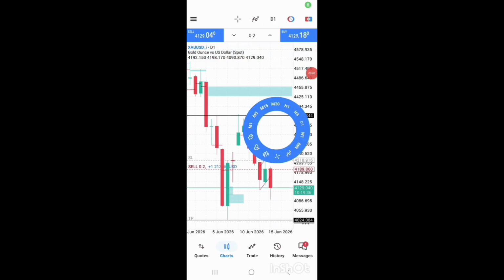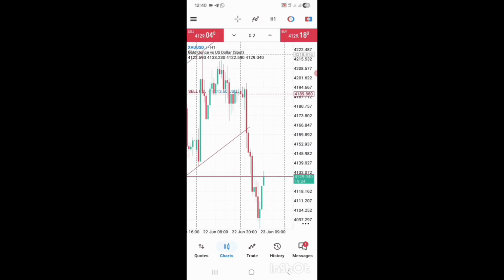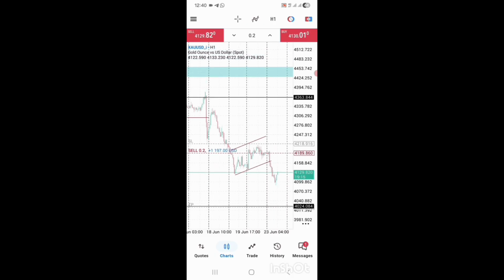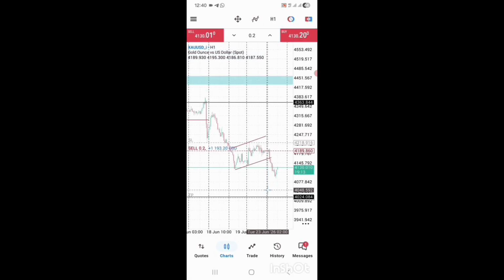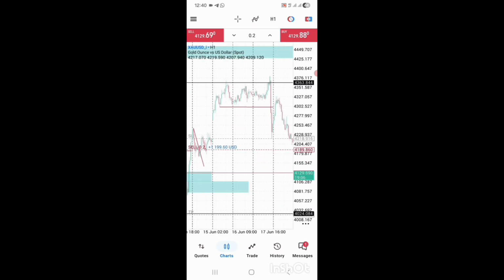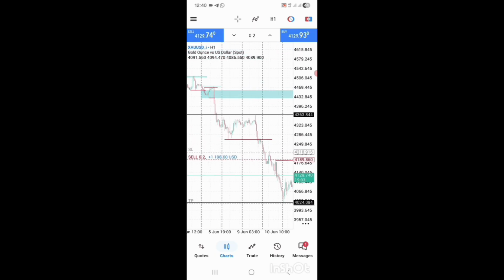Okay guys, it turns out that what I said yesterday was right. I was afraid to keep holding those buys because it kept making lower lows. Turns out I was correct and I am in profit with that sell. If I had taken profit somewhere here, it could have been okay, but I decided to wait until somewhere here because I feel like whatever is happening here is repeating what happened